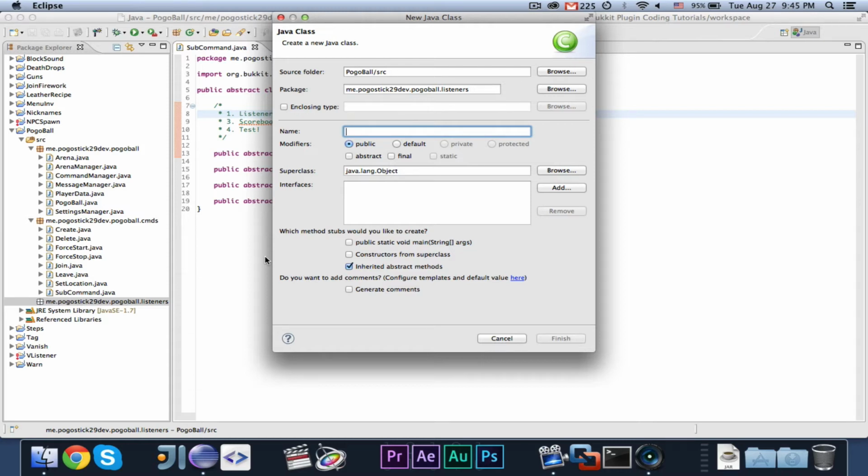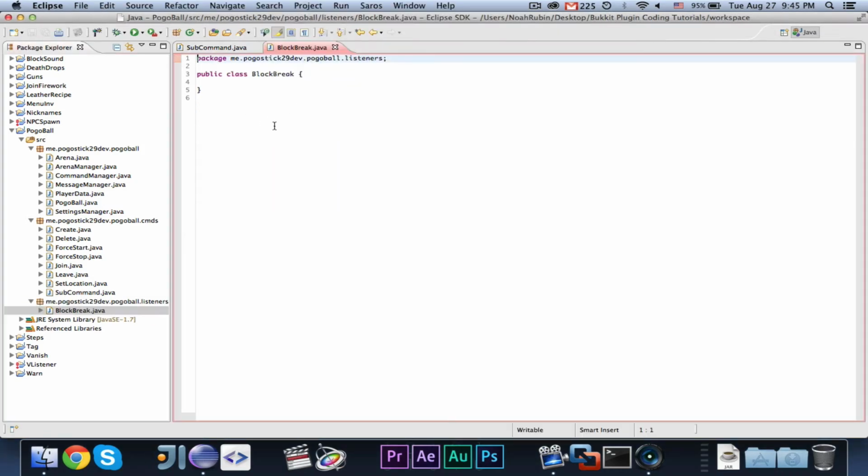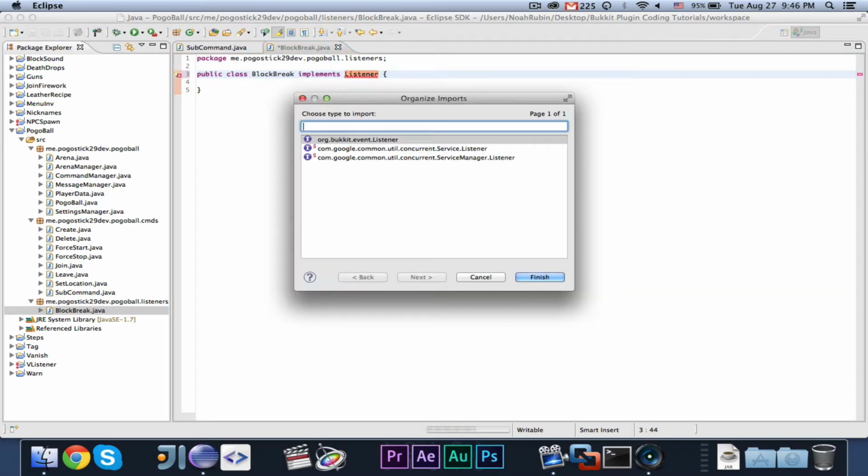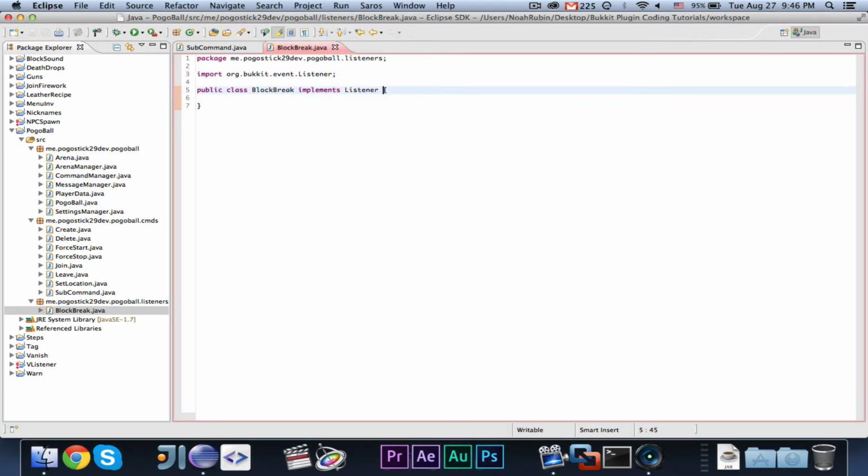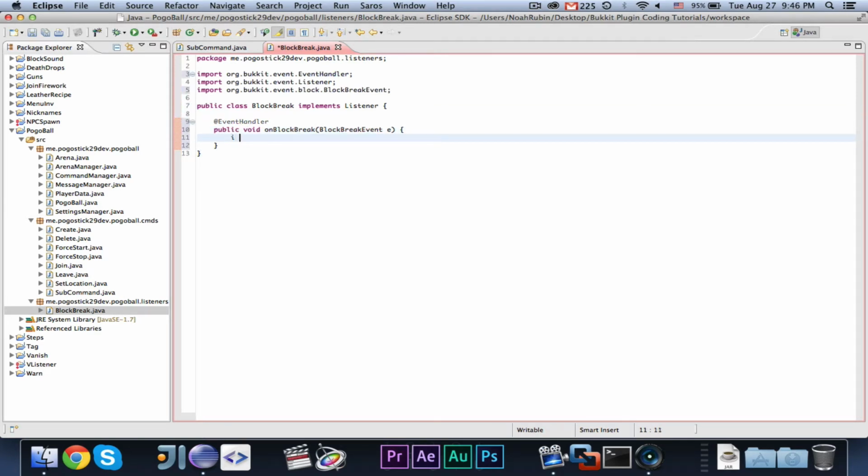So the first listener we're going to make is a block break. I'm just calling it block break for a block break event, because we want to stop the people from breaking blocks. And this is the easiest way to do it. Rather than getting involved with World Guard and regions, all we need to do is make a simple on block break, and this is a BlockBreakEvent e, and import that. And we can say if